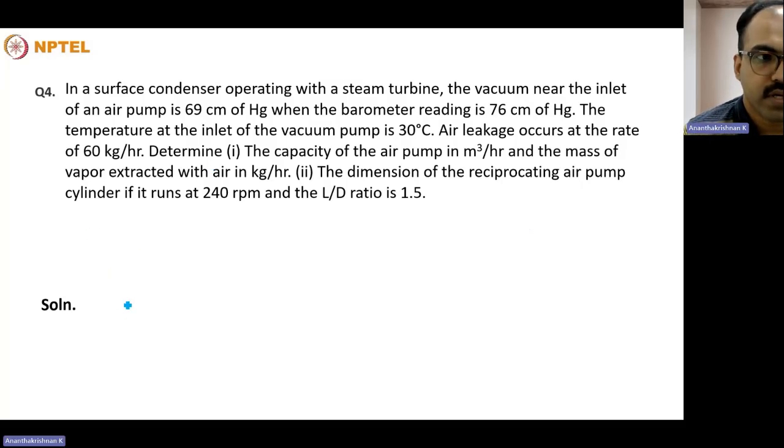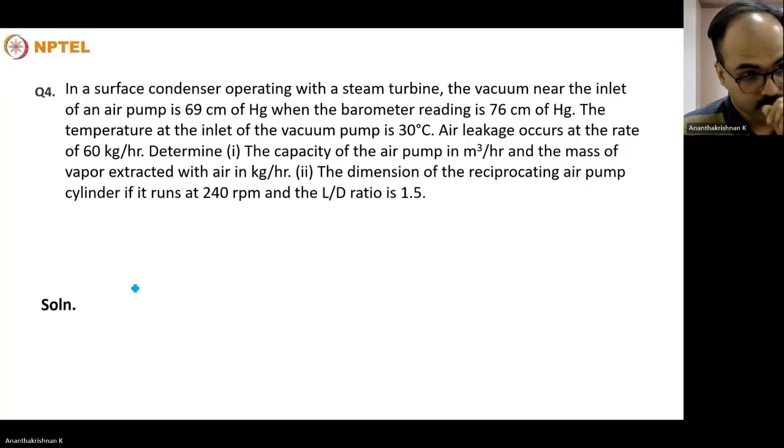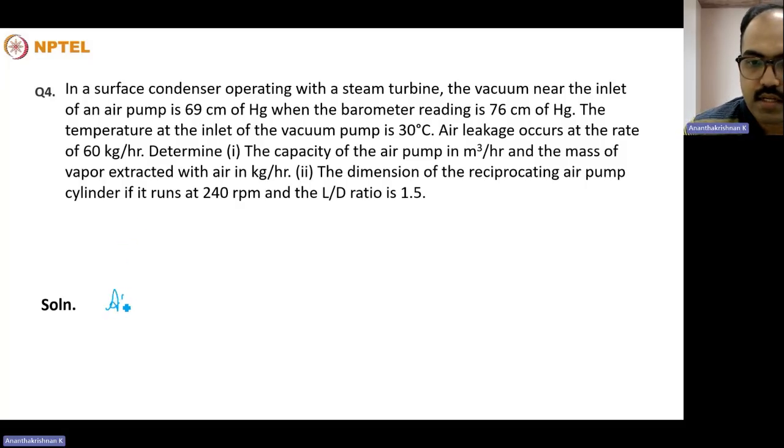So we have to actually determine the absolute air pressure at inlet to the air pump. So in this case, the absolute pressure to the inlet of the air pump